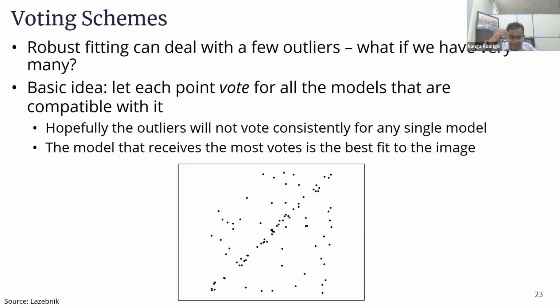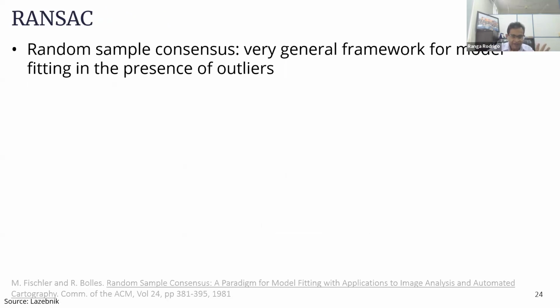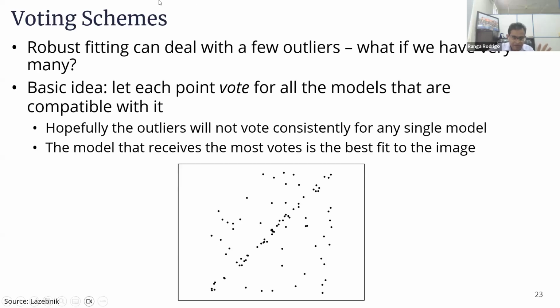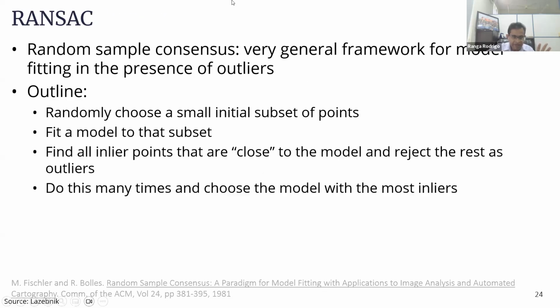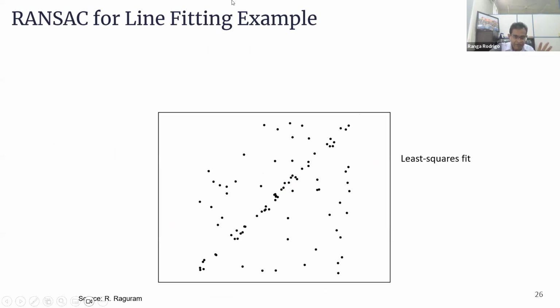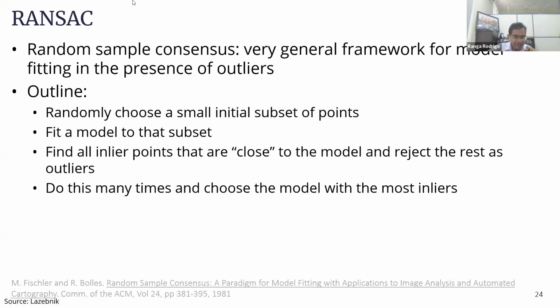All right. Basic idea, let each point vote for all the models that are compatible with it. Hopefully the outliers will not vote consistently for any single model. The model that receives the most votes is the best fit to the image. This is an important mechanism that people understood. The animation is not working. Yeah, it's working now. So what we do is we randomly choose a small initial subset of points